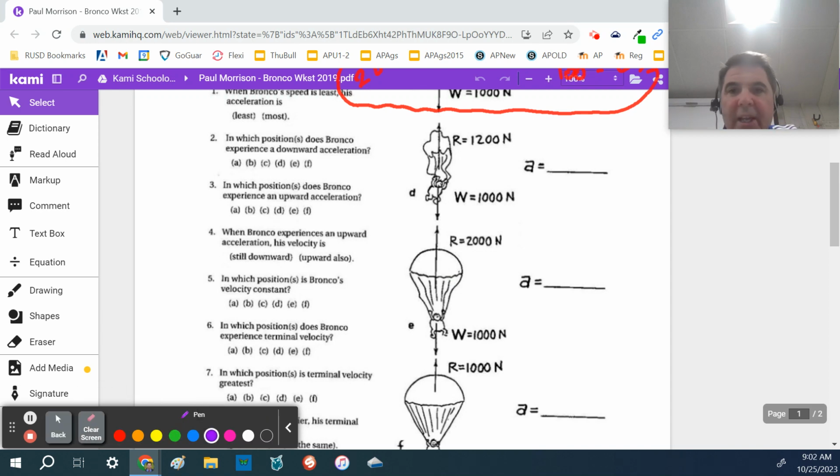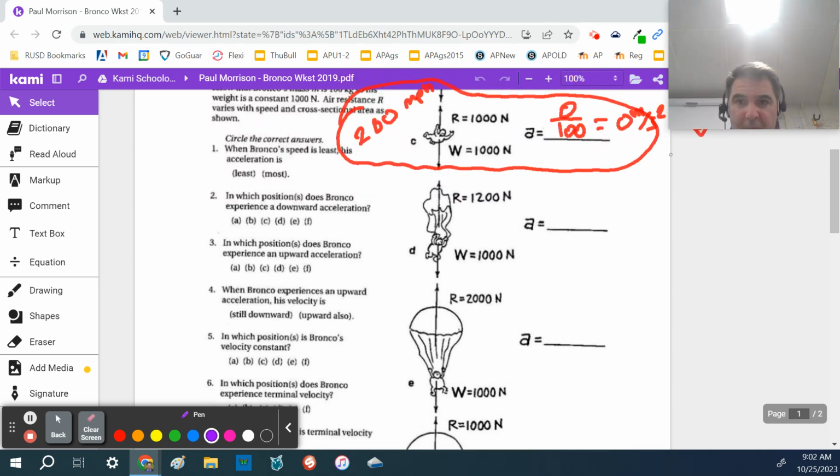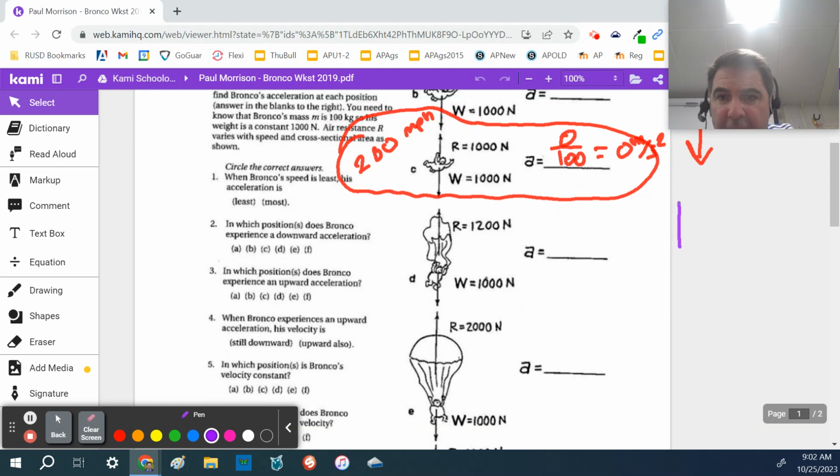I don't know, purple. And so now the resistance is actually building up. I'm going to go like that. The resistance is actually building up. So now the resistance upward is 1,200, and so the downward is 1,000. And so this total net force is going to be